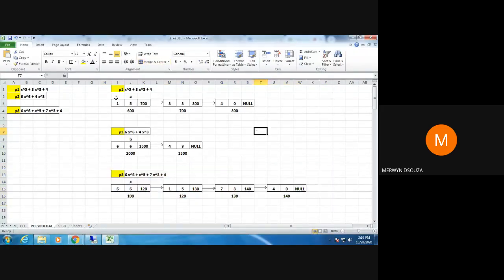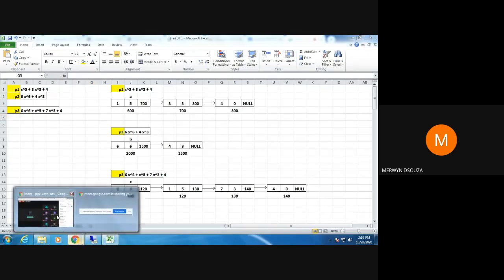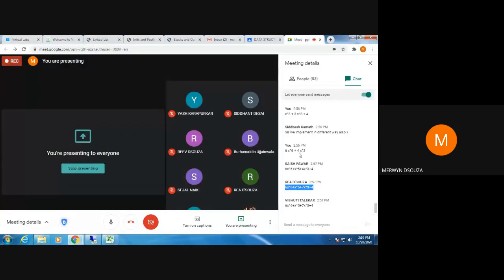Okay. Then you're going to define the structure of a node for this. So like we have discussed, for your polynomial, you have to decide what will be the structure of your node. So can you all just directly tell me what will be the structure of a node if you're going to represent this polynomial in a linked list? What will be the most important parts that you need to store in the structure?